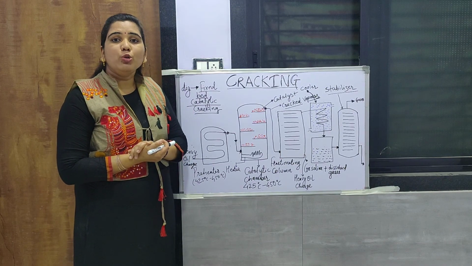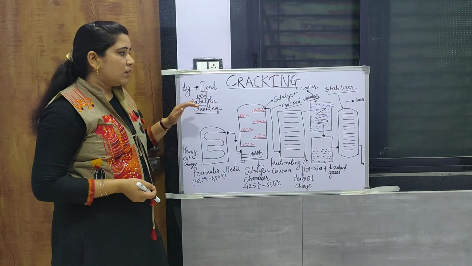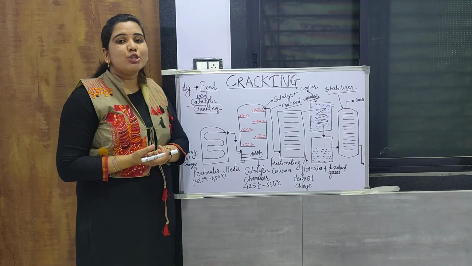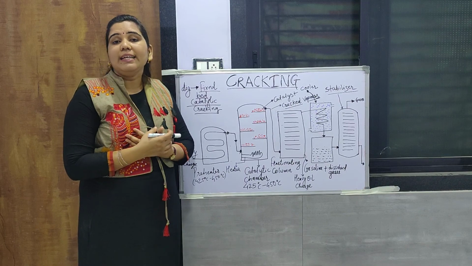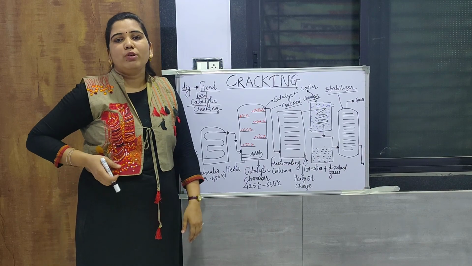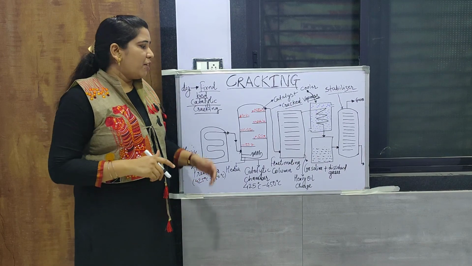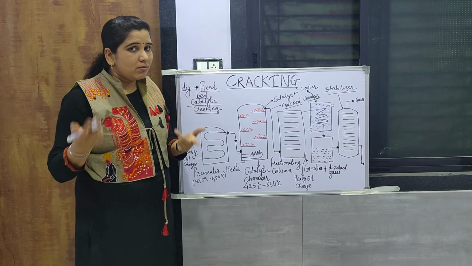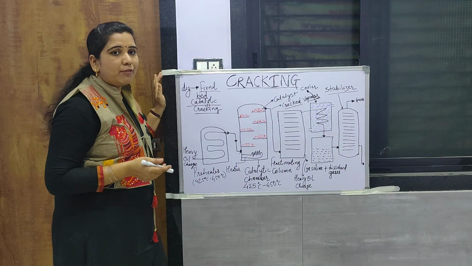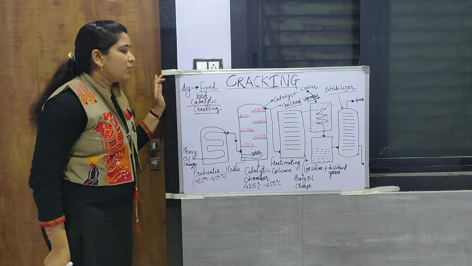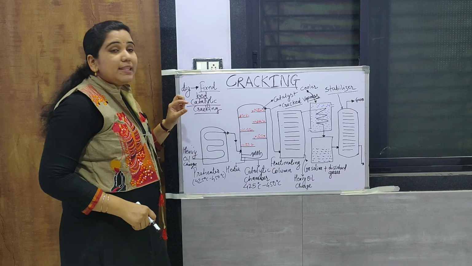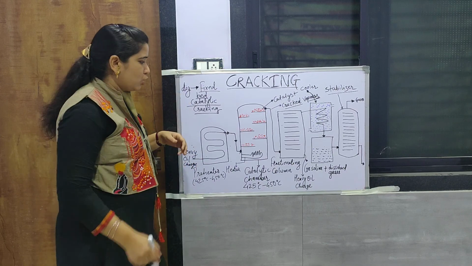Now here we have to use a catalyst in a particular systematic way. Cracking which is carried out catalytically can be carried out in two different ways. Number one, by fixed bed catalytic cracking. You will come to know afterwards why this fixed bed is used. First of all, we will see the construction and how the process is to be carried out.